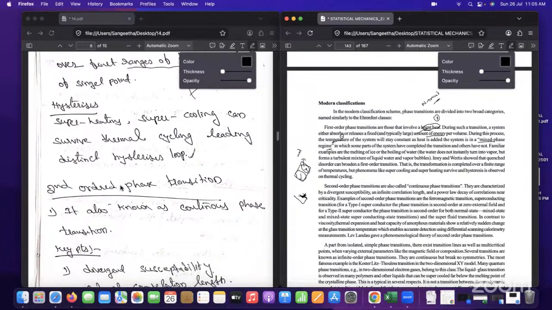Now we will go to the second paragraph. So what do we have in the second paragraph? The second paragraph explains the second order phase transition. This second order phase transition is also called continuous phase transition. So what is the continuous phase transition? First